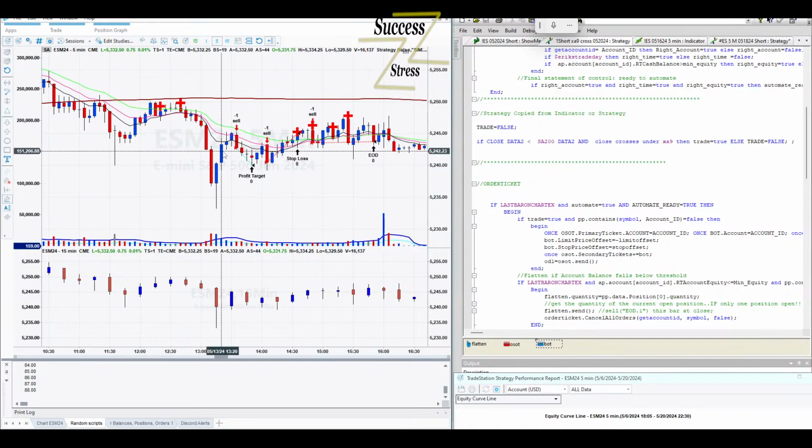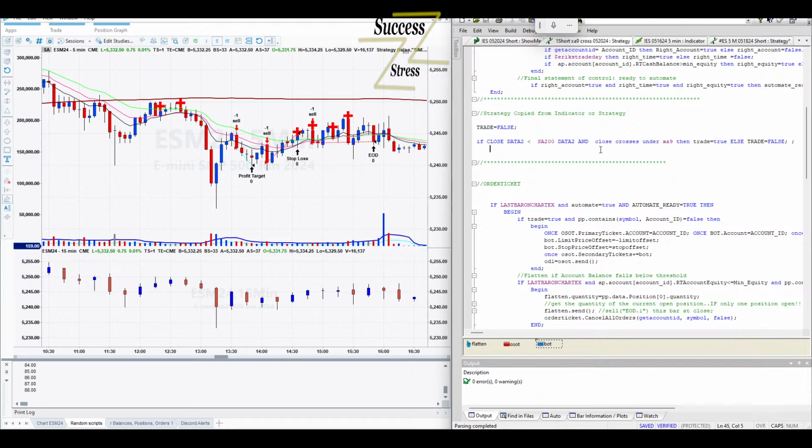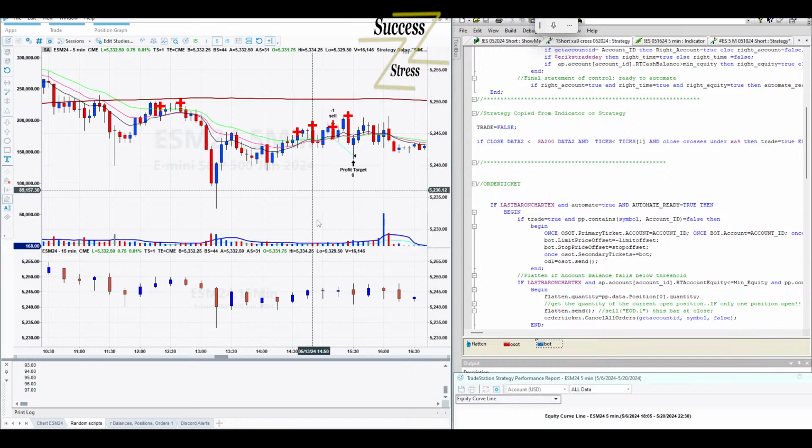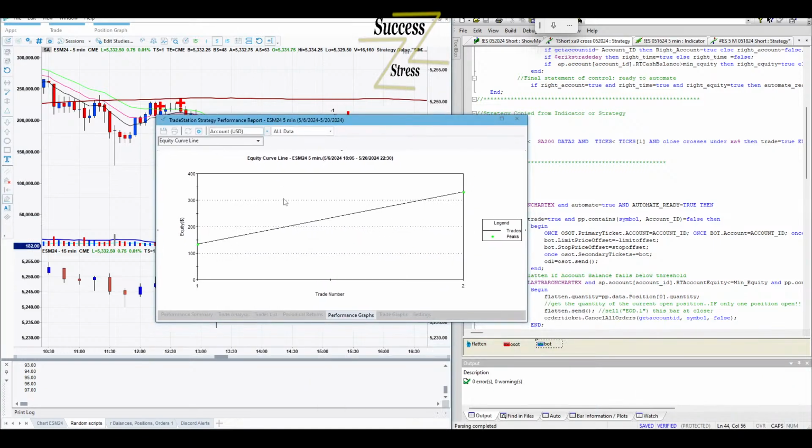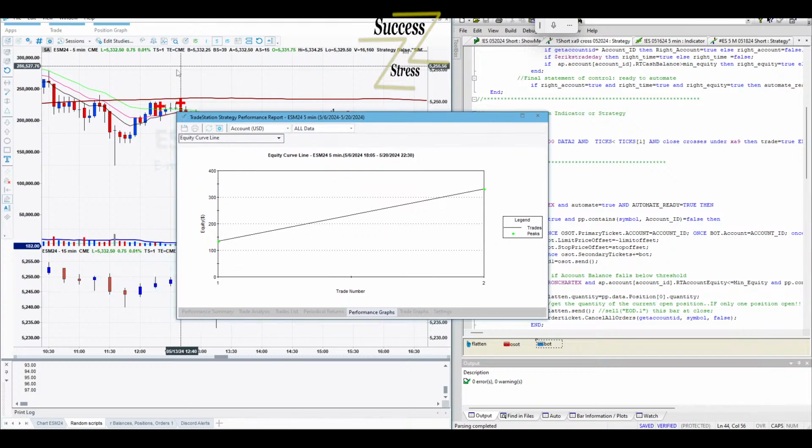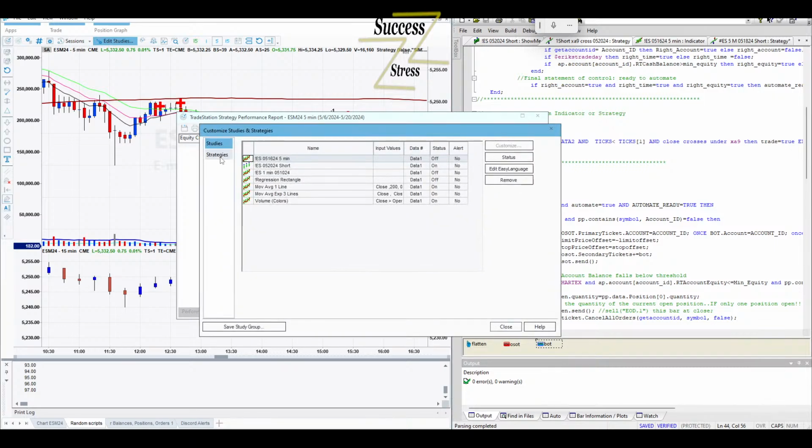There's got to be something else to help you along, like whether it be volume. Well, let's say the volume ticks is less than the ticks a bar ago. All right. Well, that one should have worked too, though. Well, if you do it that way, it only took 2 trades, but 100% profitable.